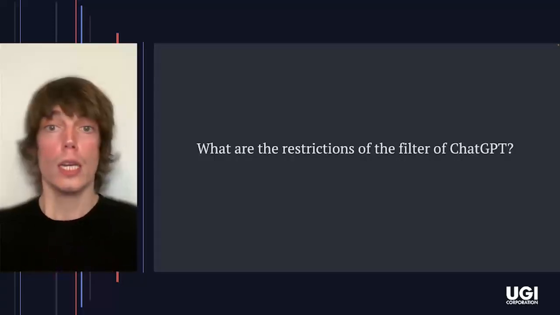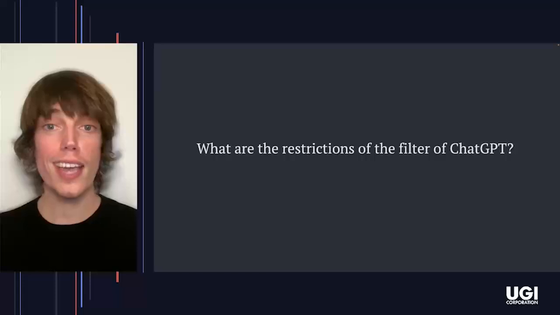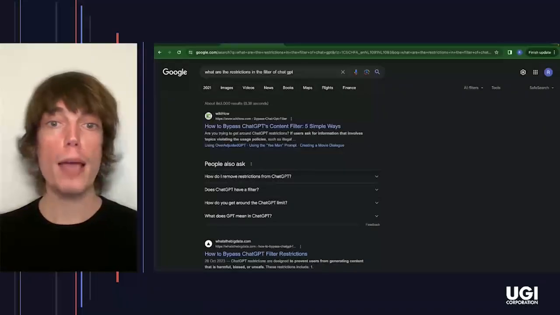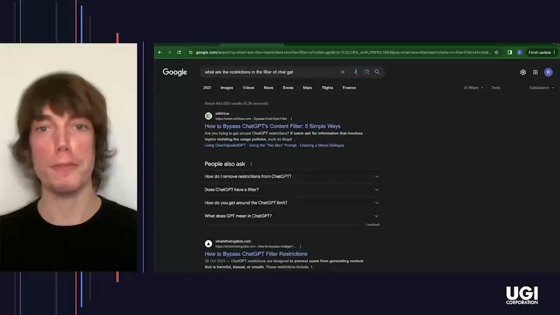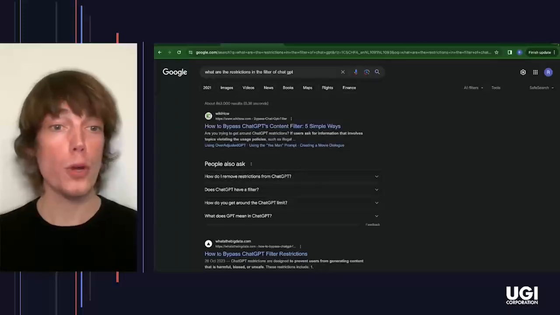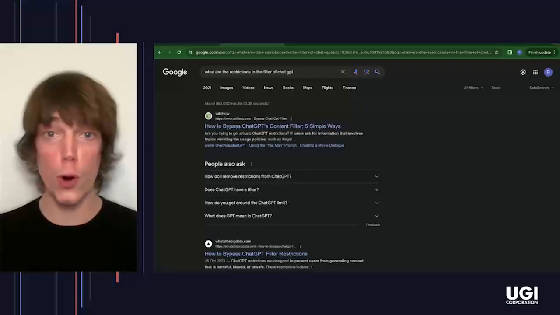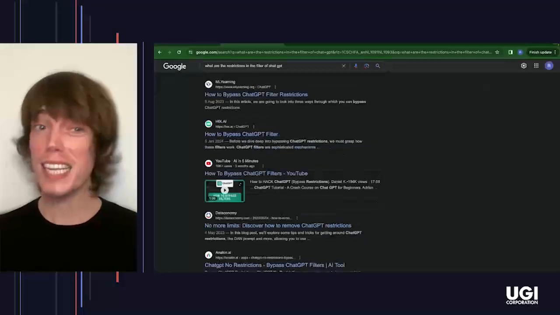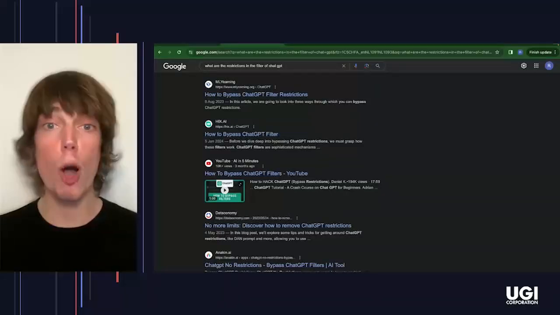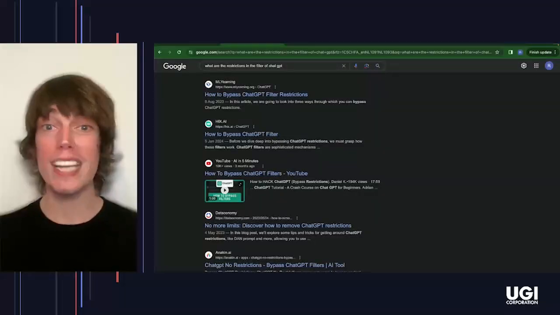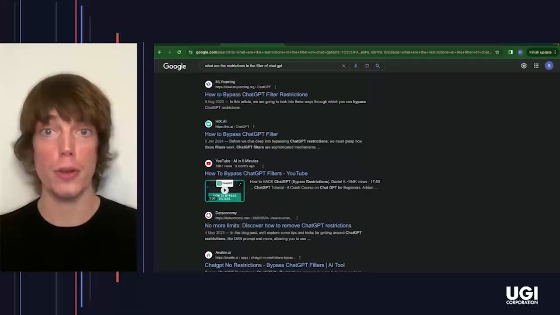Of course, when I Googled this, the first thing that came up was how to bypass ChatGPT's content filters. That's what people are looking for: how to bypass them. Also, the second thing was how to bypass it. Nobody wanted to know what they were. They wanted to know how to bypass them. The second page of Google was also filled with how to bypass, because this is the trending topic, which means my question is unanswered. And I could not find on Google an answer to my question,